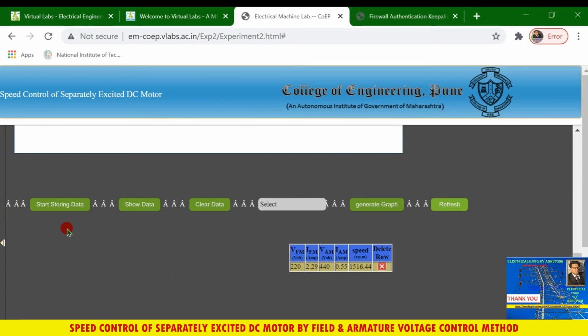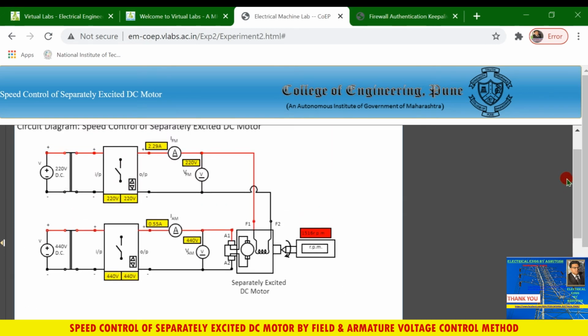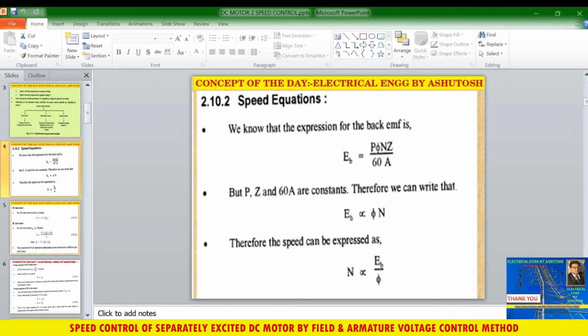Okay, so first of all we have stored the data, first row of observation table. These are at rated values. Now we will see when we change the voltage, what happens with the speed. Okay, so decrease the armature voltage, and what happens, you know the formula for